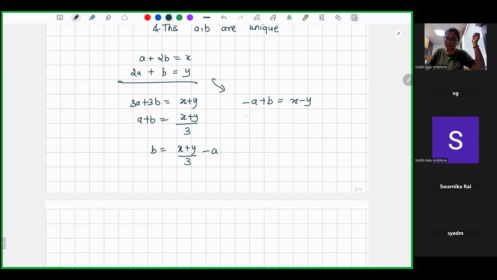No, it is correct. b is (x plus y) by 3 minus a, equal to x minus y. So this is minus 6a plus x plus y is equal to, this is minus 3x minus 3y. So this is minus 6a is equal to